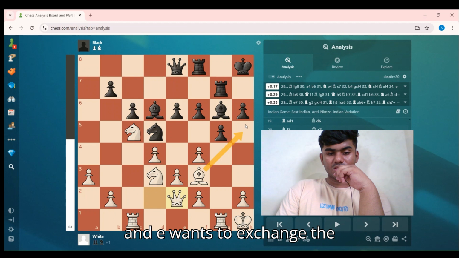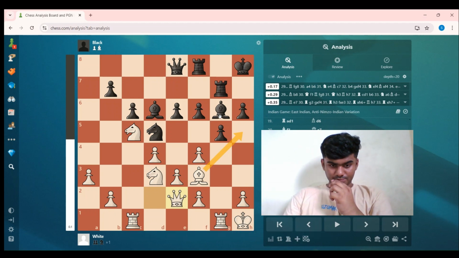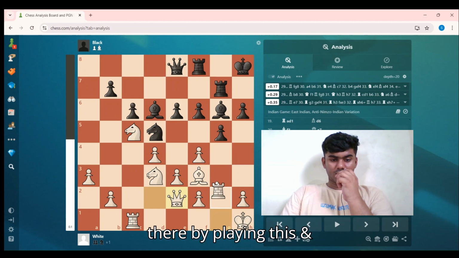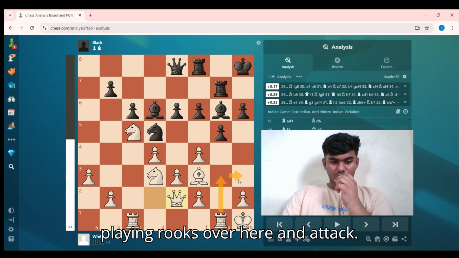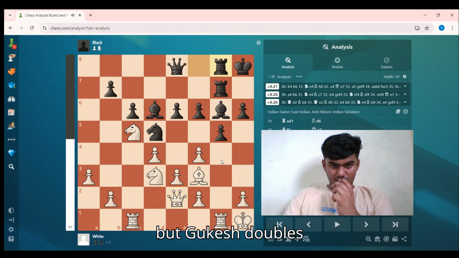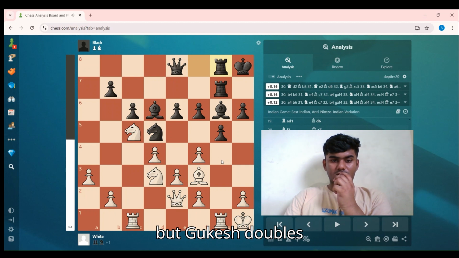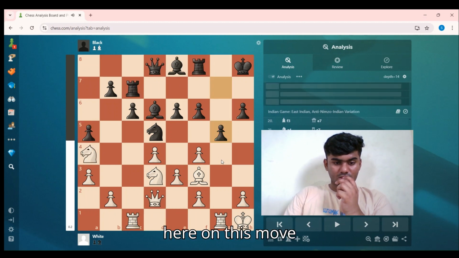He wants to exchange the bishop over there by playing this, playing rooks over here and attack. But Gukesh doubles on g5. And over here on this move,